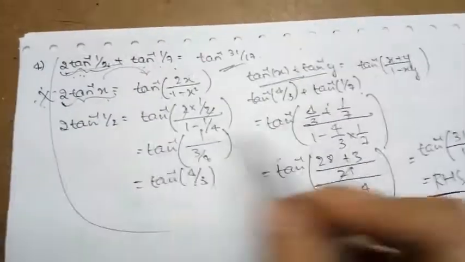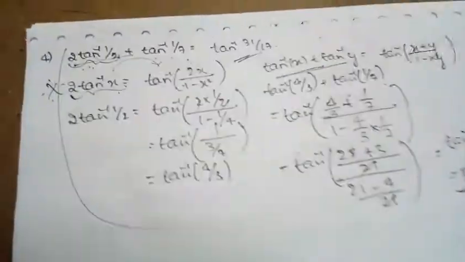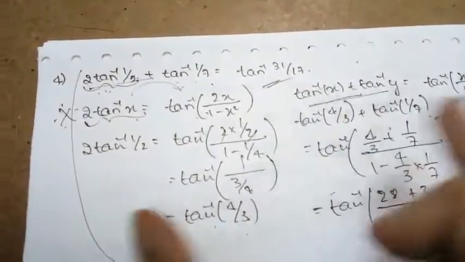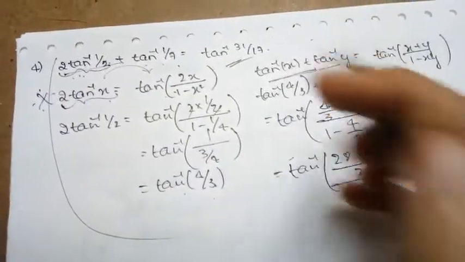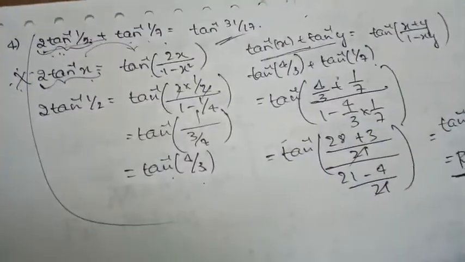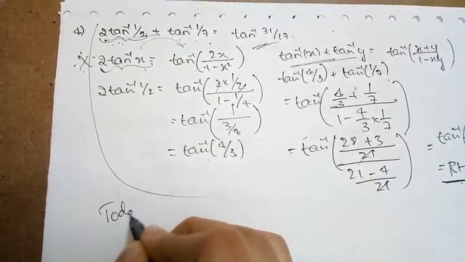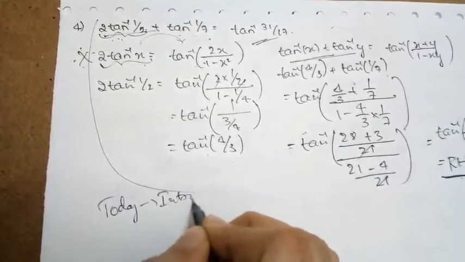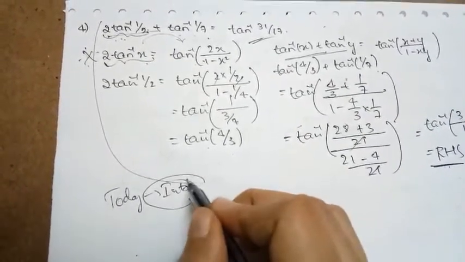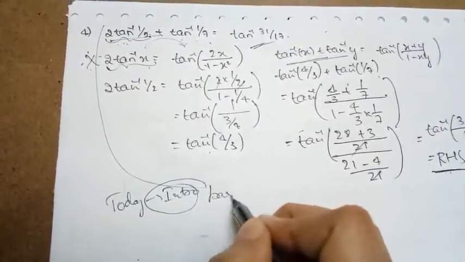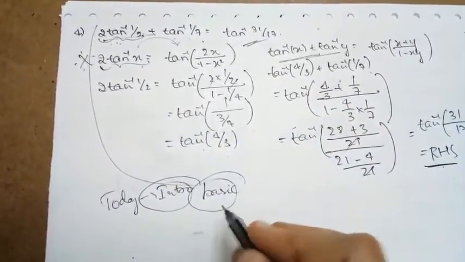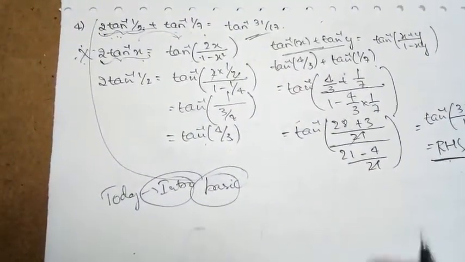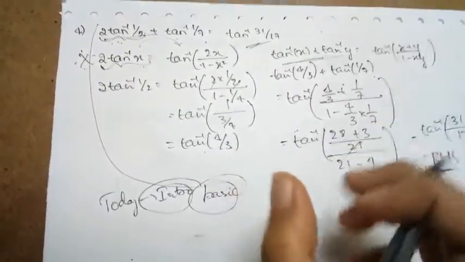So this is how we are solving the questions. In the first two questions we have seen the substitution part. In the next two questions we have seen how we use the identities in each of the questions to get LHS equal to RHS. Go clearly through the introduction part of this video, where I explained the basic concept, that it is very important to understand the basics of inverse trigonometric and trigonometric concepts.